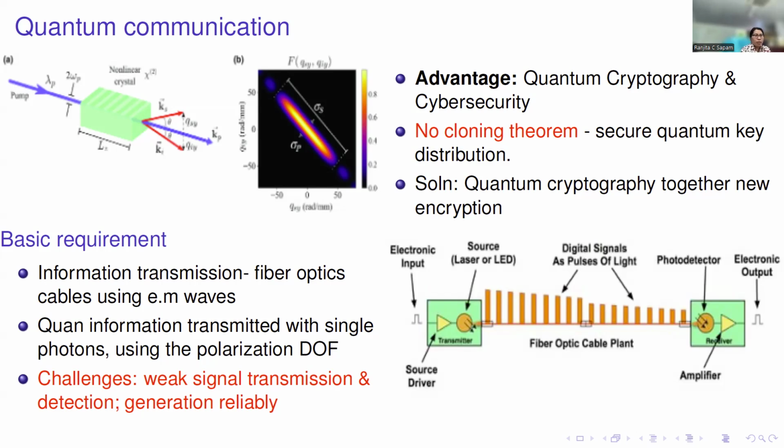But what are the advantages? This is very challenging, as I discussed, it looks very challenging to us, right? But it has lots of advantages: quantum cryptography and cyber security. What I have discussed is there on the right side as an example. You have an input electronic signal, there is a driver, and an LED or laser. It emits pulses of photons, and that will come to a detector, which is a photodetector. Once it detects, we need an amplifier to amplify the signal, and then we get the output.